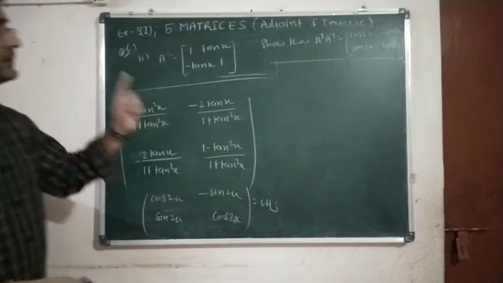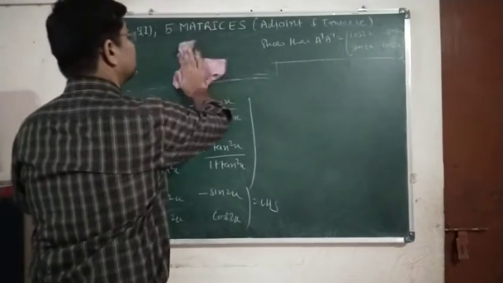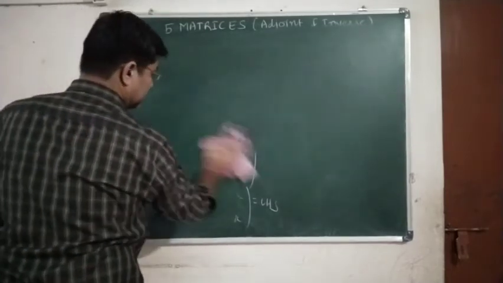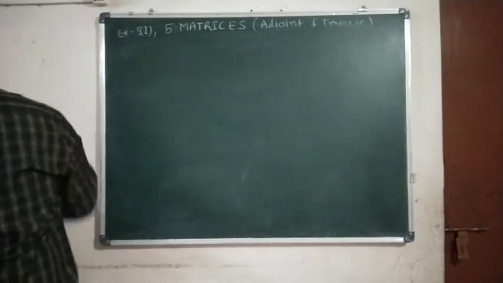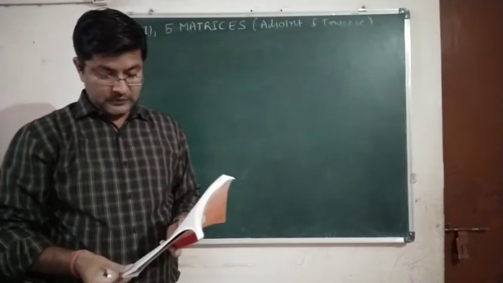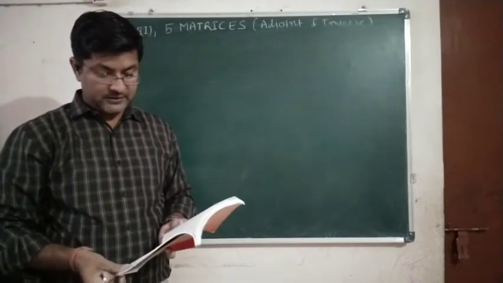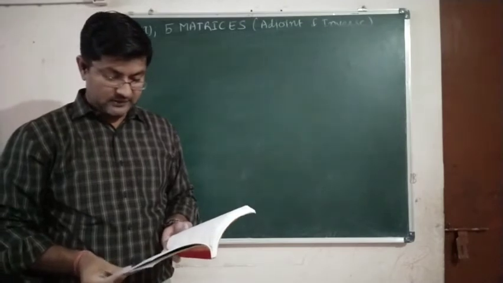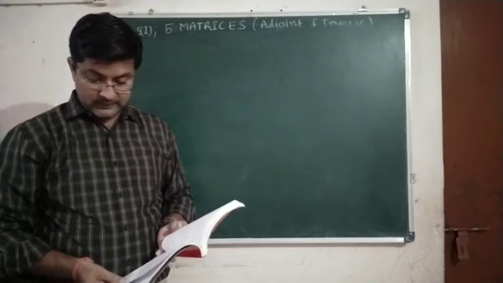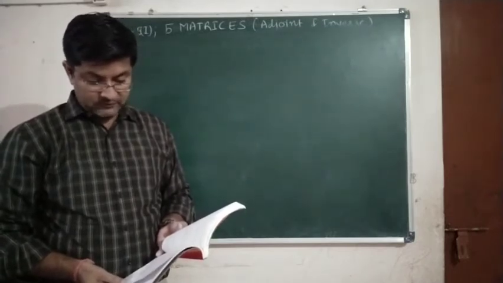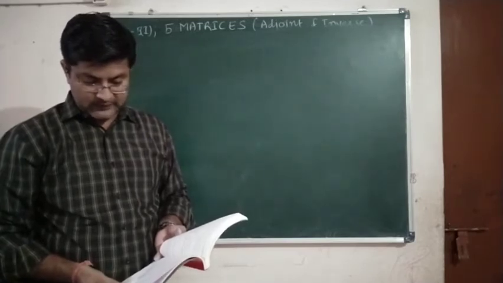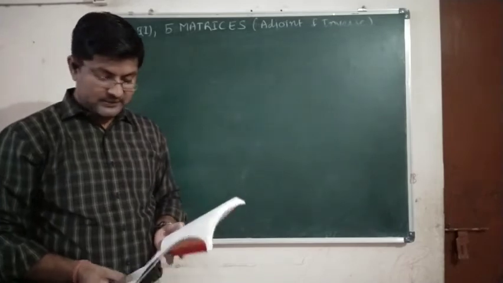So question number 6 is over. The seventh one is a similar verification sum. Question number 6, first one we have done. Seventh, first is similar, we are not going to do that. If A is a square matrix satisfying A square equals I, then what is the inverse of A? Obviously, the inverse of A is itself only.